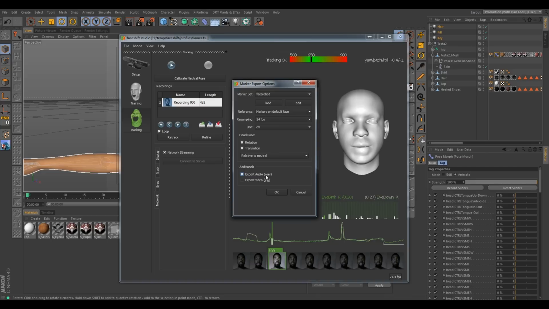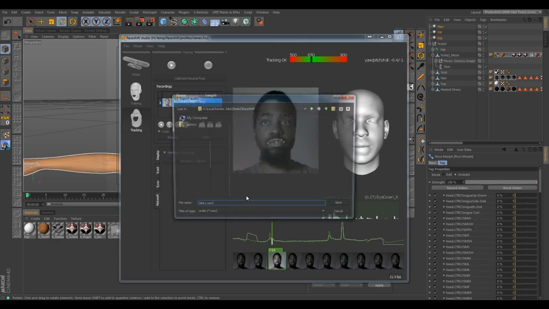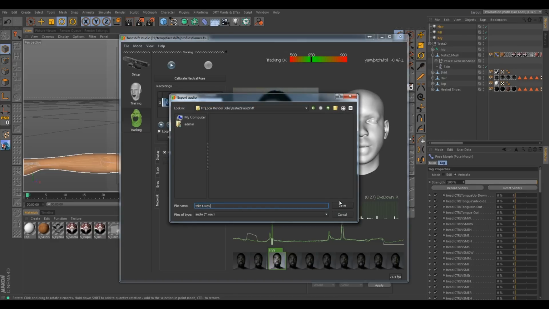This will allow us to use the audio that we recorded in Phaseshift later down the line in the process to actually have perfect lip sync with the animation that we recorded, which is great. So you get lip sync, and you get clean facial animation all for free with this program. So we can click OK, and that's going to go ahead and save everything out.